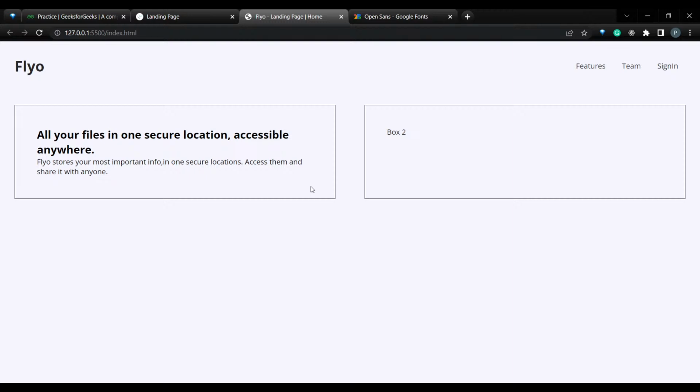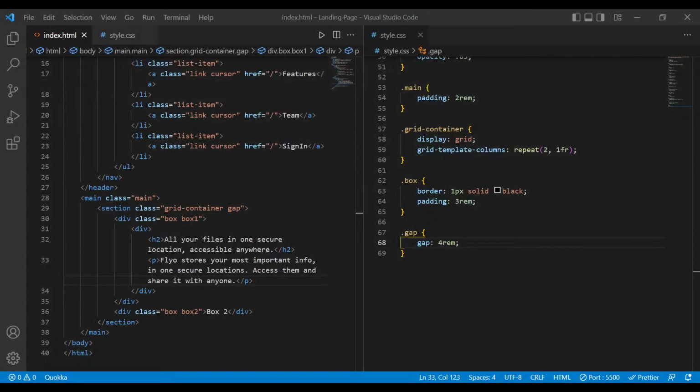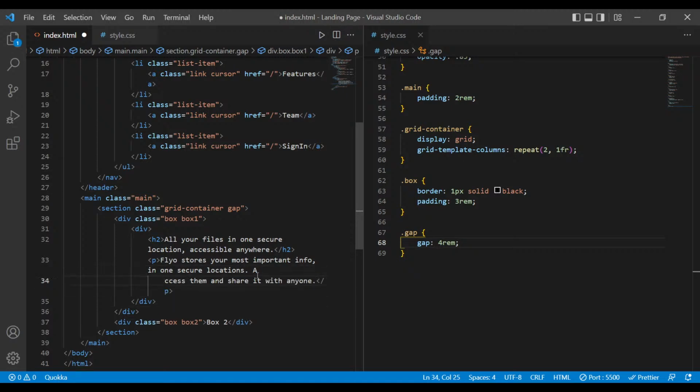Okay, great. So now we also want the input. For the input, this div was basically for the text. Now, inside this div after the p tag, I'm going to create one more div,